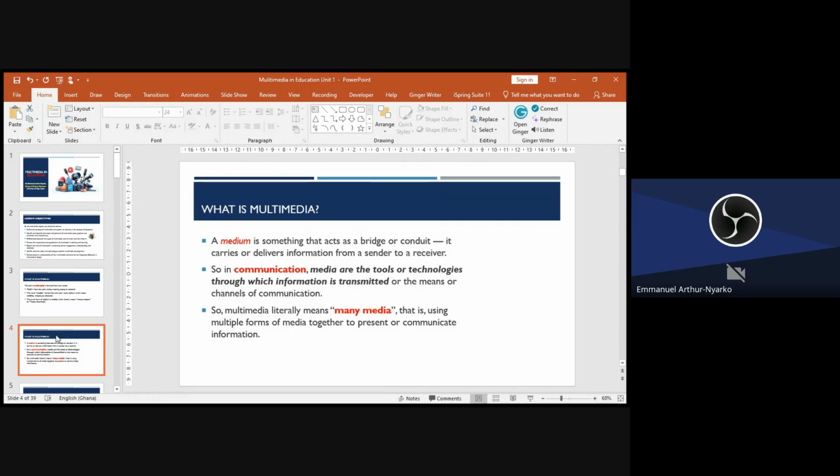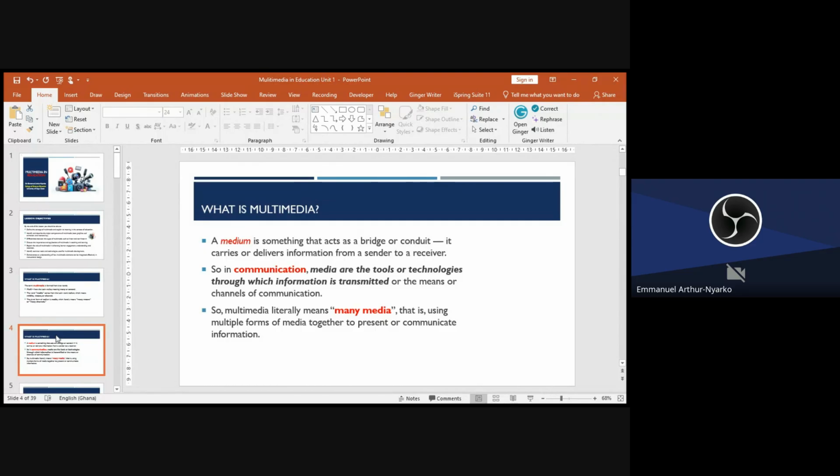So multimedia means we have many mediums, many media, because media is a plural form and multi also depicts plurality.